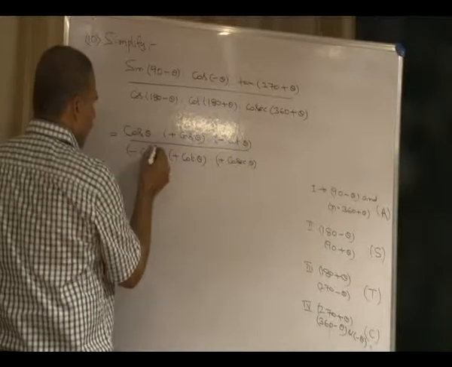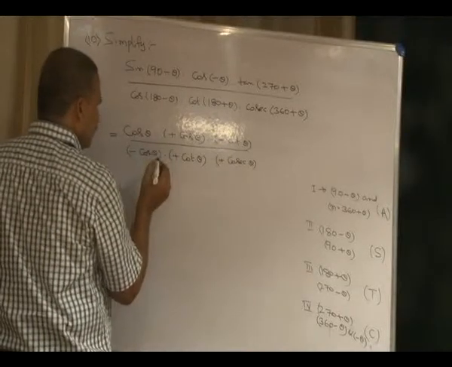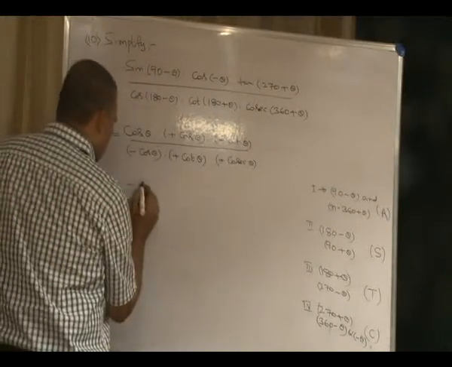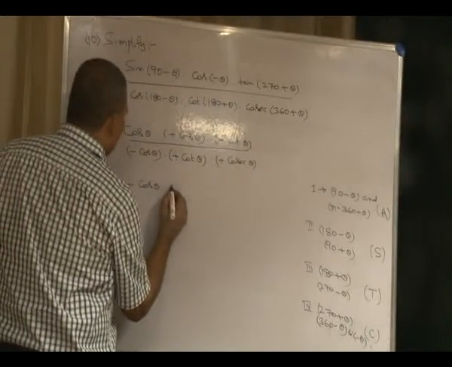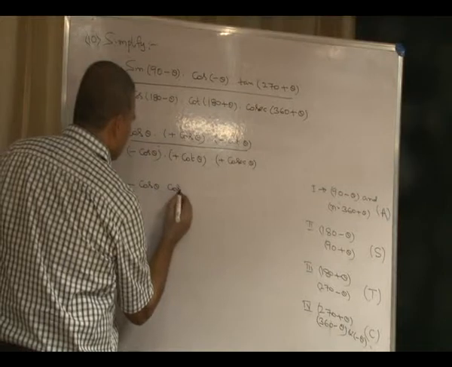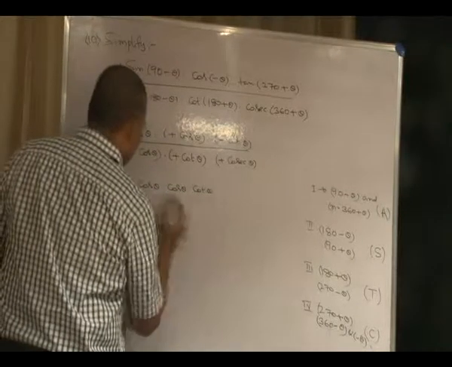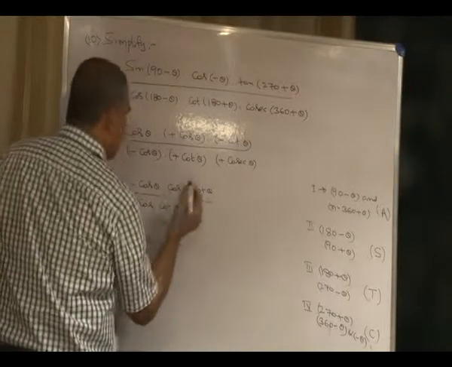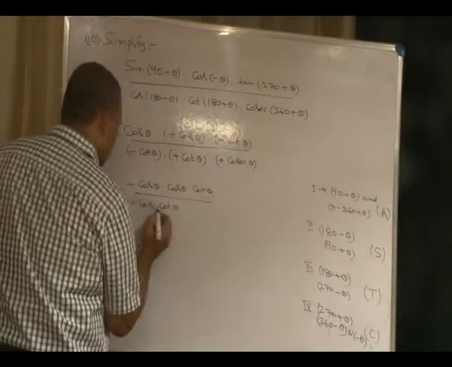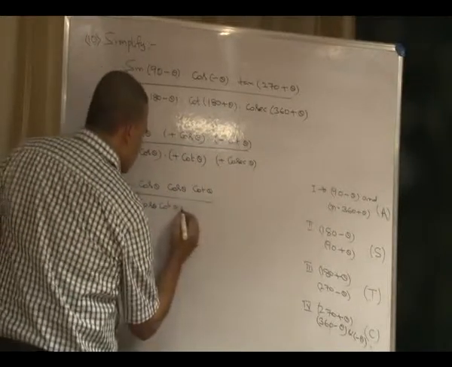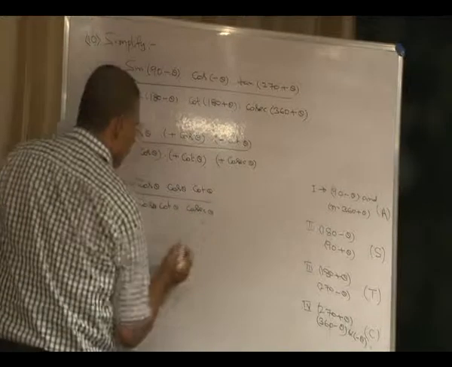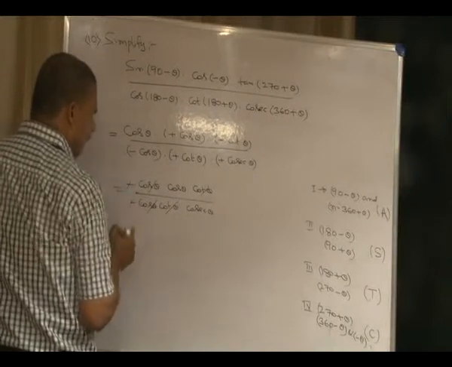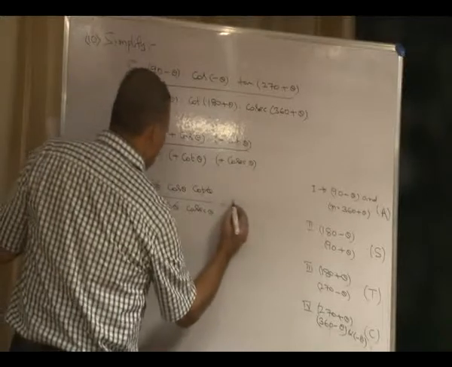Here minus cos theta, here plus into this minus is minus cos theta into cos theta into cot theta by cos theta into cot theta. Here plus into minus is minus into cosecant theta. Here cos theta, that cos theta cancel, cot theta cancel, this minus sign cancel, that is equal to cos theta